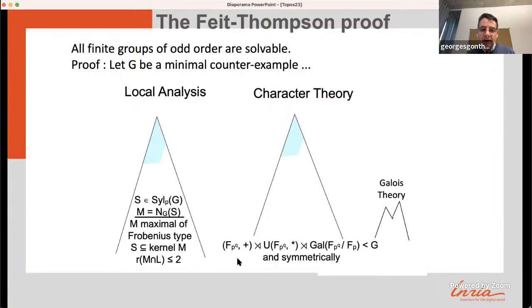So you get the additive subgroup of a given Galois field, and then the multiplicative subgroup of that Galois field that acts on the additive group, and then the Galois group that acts on this. And the order of that field is p to the q, where p and q are prime. And so you get groups with p to the q and another group with q to the p. And at this point,